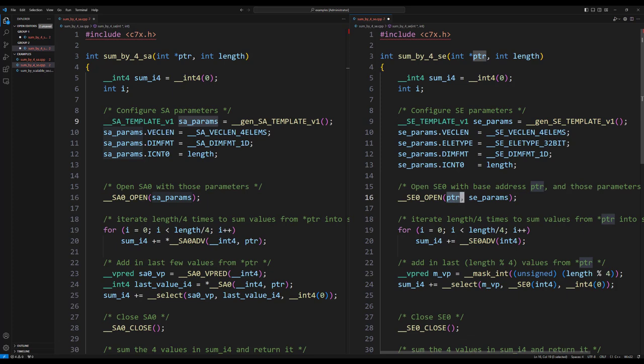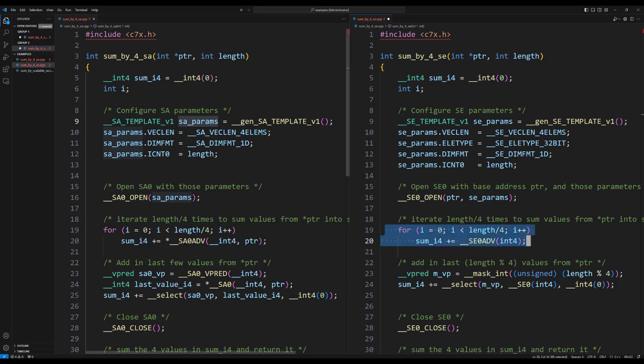And in this case, the base address is the same as that base address passed in as an argument to the function. So the first value that the SE gets from memory is going to come from that address, and then it's going to advance to the next value in a manner similar to an SA.